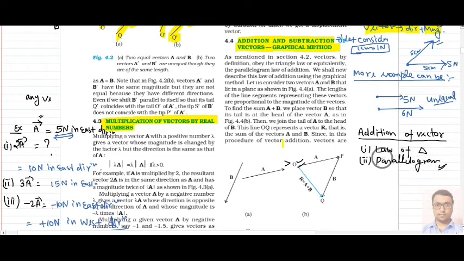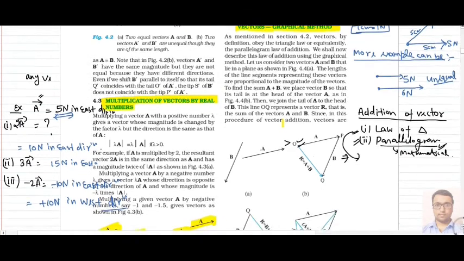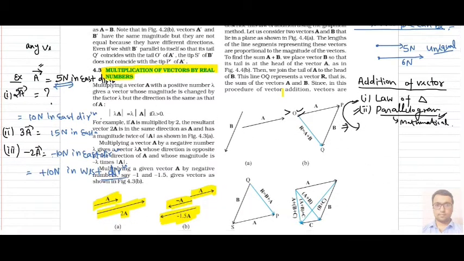However, you can say parallelogram is just a part of this law of triangle. The original thing is this one, but you can say both are almost the same thing. I will tell you later. This is actually the mathematical way to write the resultant, and this is the graphical way, or how we add graphically. At last, you will see that both will be associated to each other in some way.